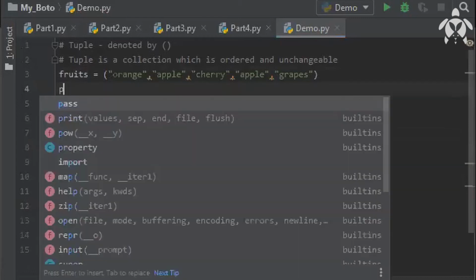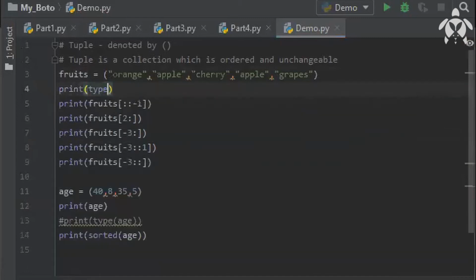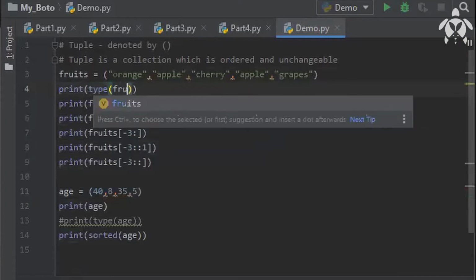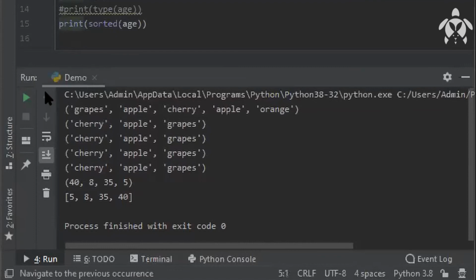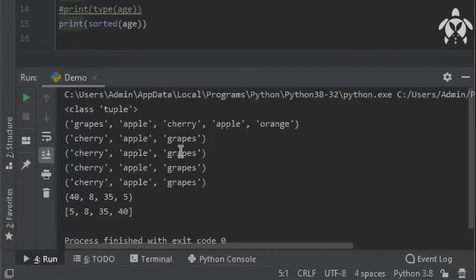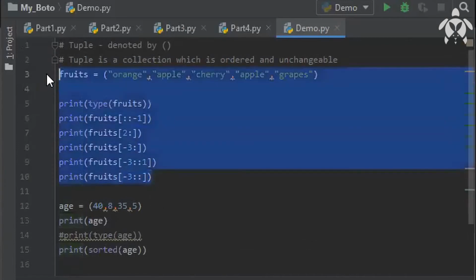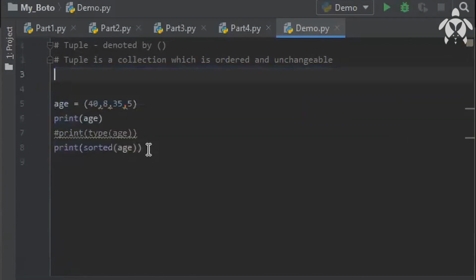So this is a tuple class. If I see the type here, you saw a class tuple is coming here. So this is how you can use sorted to write it in ascending order.